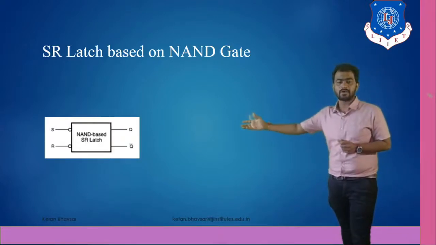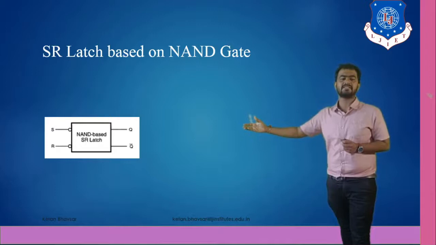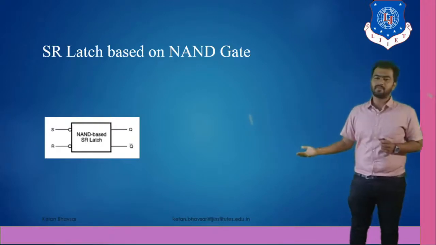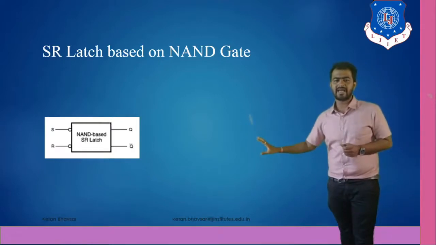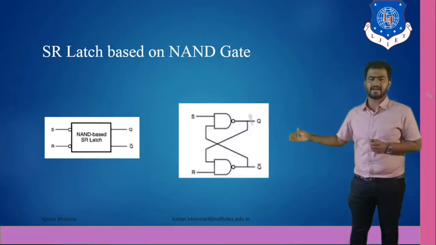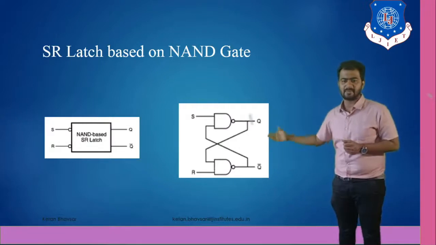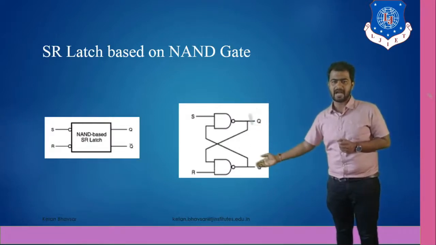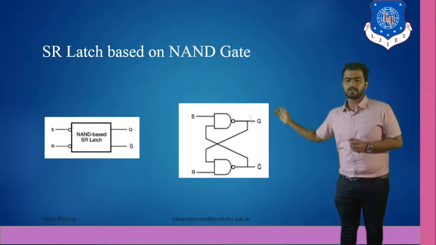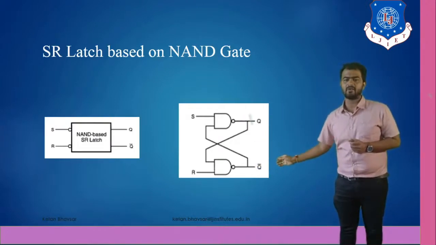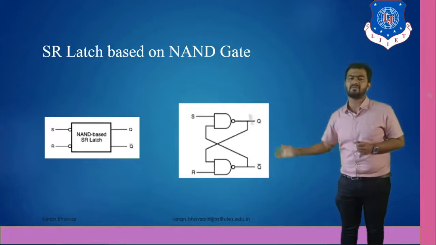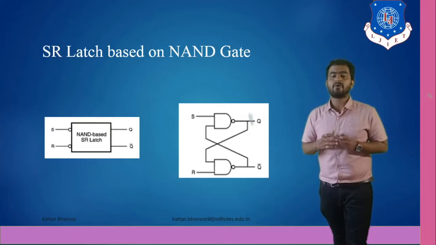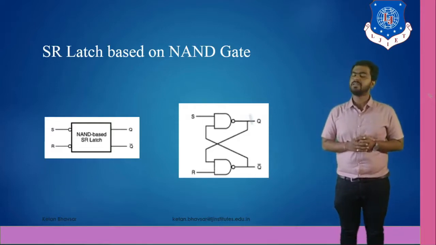As you can see, this is the basic diagram. S and R are the inputs of the NAND gate based SR latch, and Q and Q bar are the outputs. These are just the basic block diagram. Now you can see the internal diagram, which we designed with the help of NAND gates. Q feedback goes to R and Q bar feedback goes to S. So it became a feedback based concept, or we can say a sequential mechanism for the SR latch using NAND gate.